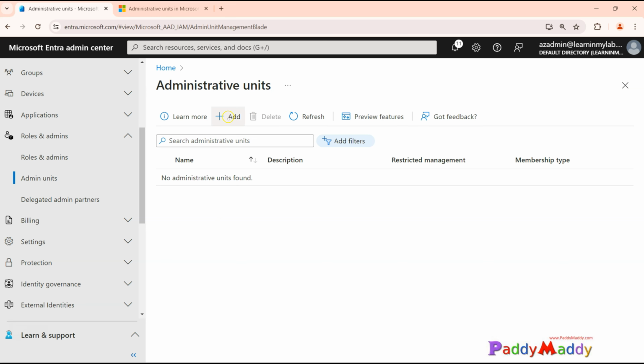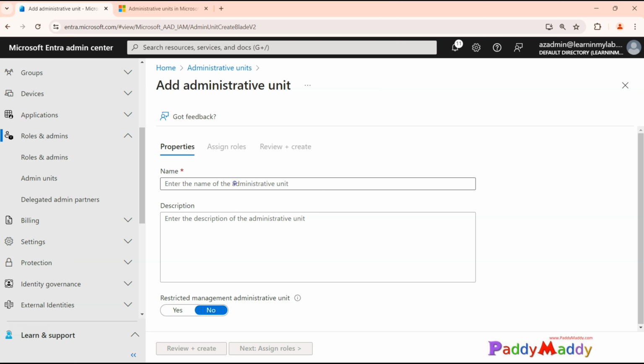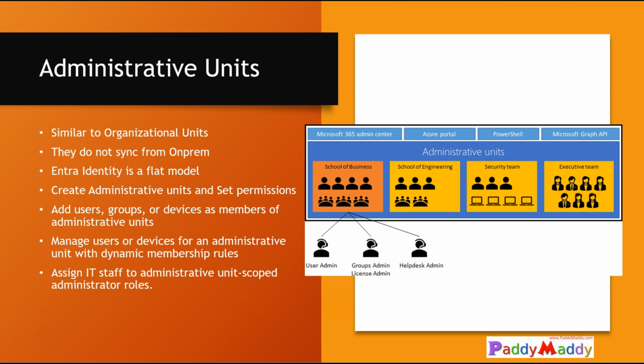Let's say I have OUs in my on-premises environment. I want to control this specific structure. For example, instead of School of Business, let's say I have all the objects that I wanted to pull into a specific administrative unit called location-based, for example, London. I would simply navigate